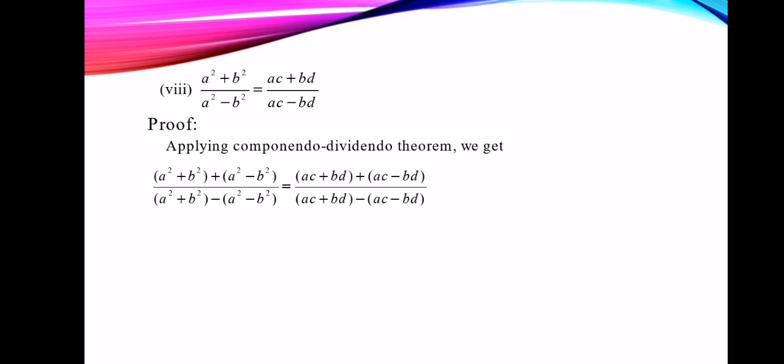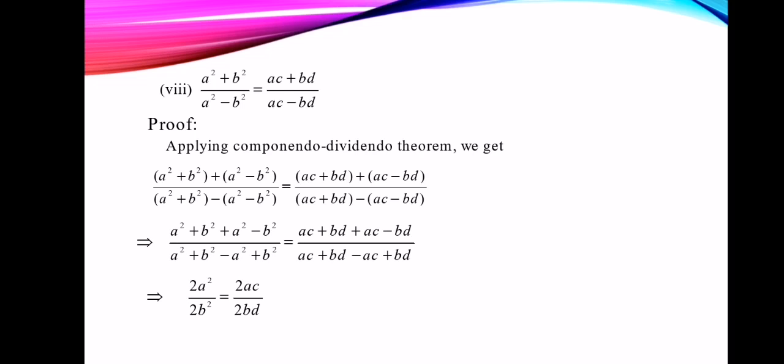Part 8 is (a² + b²) by (a² − b²) is equal to (ac + bd) by (ac − bd). By using this, we will have to prove that a ratio b is equal to c ratio d. For this, we apply componendo or dividendo theorem, and we get (a² + b² + a² − b²) whole divided by (a² + b² − (a² − b²)) is equal to (ac + bd + ac − bd) whole divided by (ac + bd − (ac − bd)), and we will get